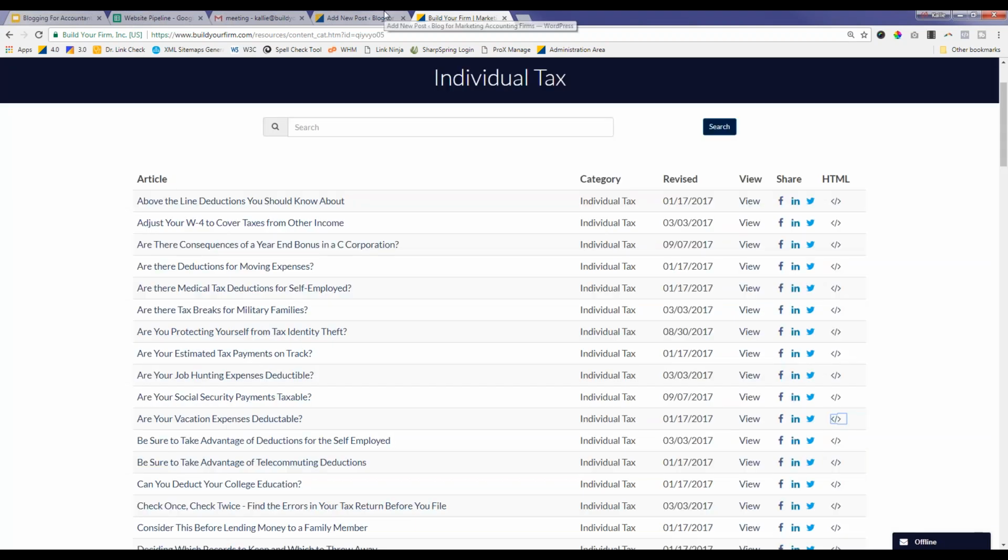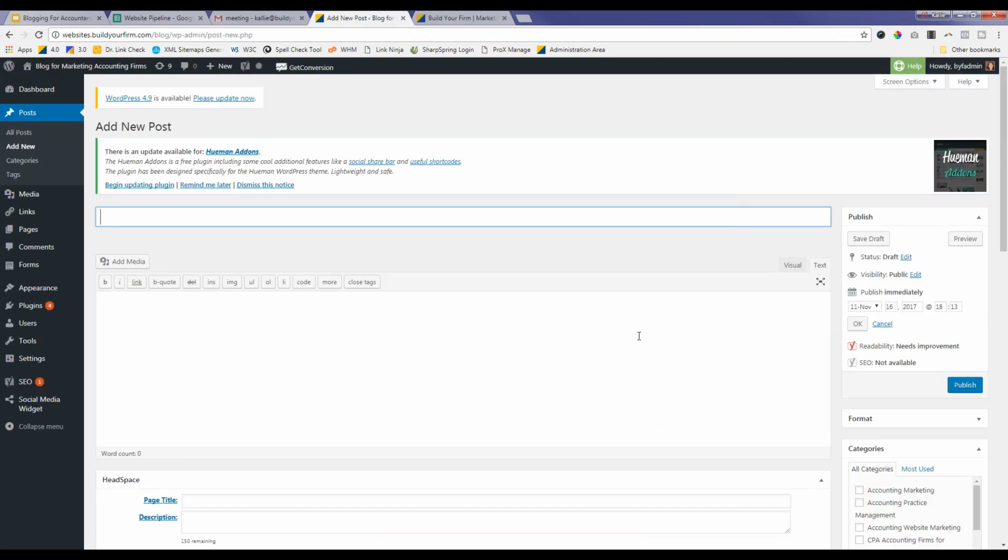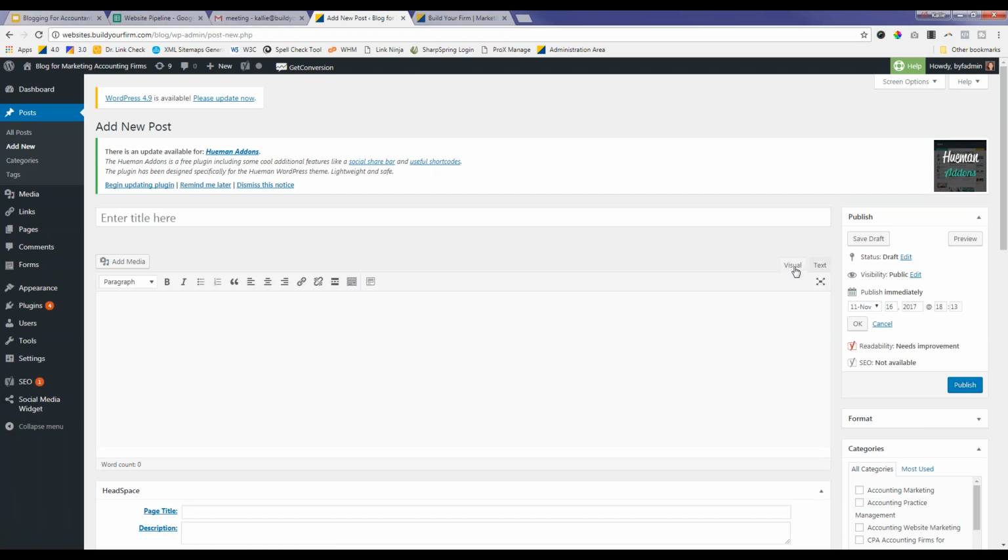And then all I need to do is just go back to my blog post that I had here, and you have 2 options at the top of your blog post editor. So you see them here. You have something called visual and something called text. So the big difference here is that visual is just like if you're going to be typing, it's just going to be like you're typing on Microsoft Word. So maybe I'm going to put a little bit of text in here. I can go ahead and edit it however I want. I'm going to make this bold and maybe make this italicized.